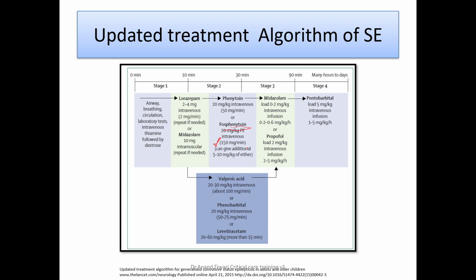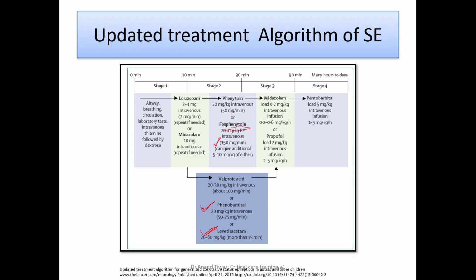Once these two have been given and still the patient doesn't respond to the second line, then there is a high chance that the patient may land up in status, and early escalation to anesthetic treatment is now recommended. So second line agents which are used for seizure, which are under study, are valproate, levetiracetam, and phenobarbital. Now if you are using phenobarbital 20 milligram per kg, around 1000 milligram, if the airway is